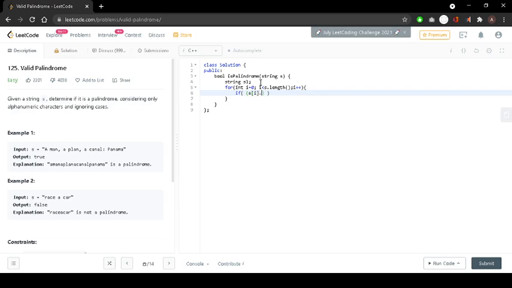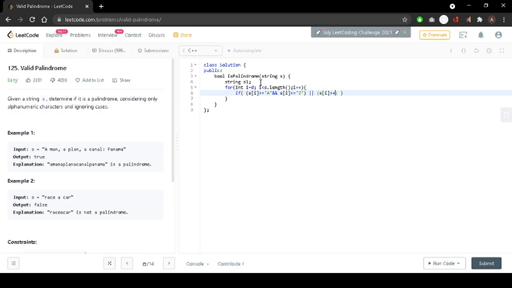That is, each character should be greater than or equal to capital A, and then s[i] should be less than or equal to capital Z. So here we have covered all the uppercase characters, and then, or, now I will cover our small case letters.